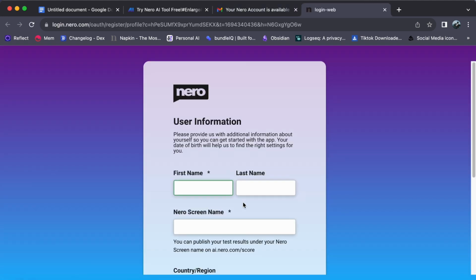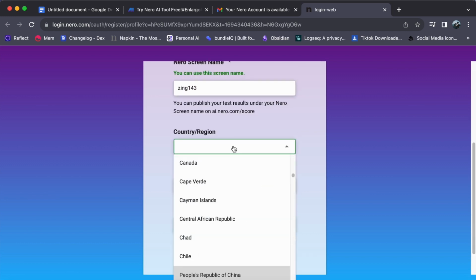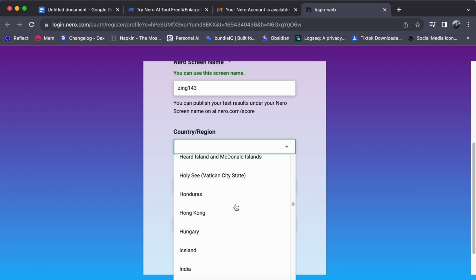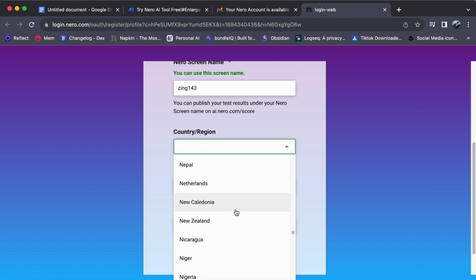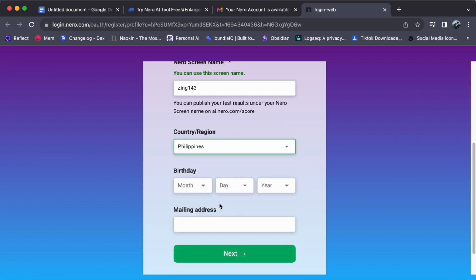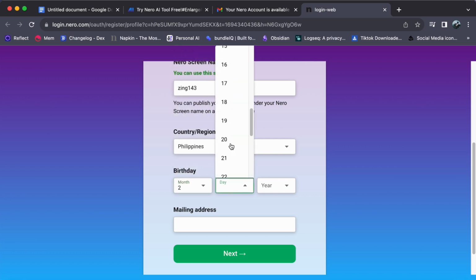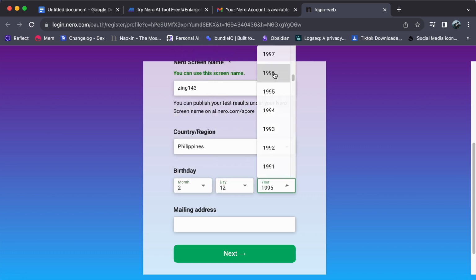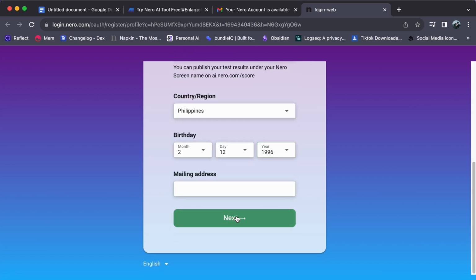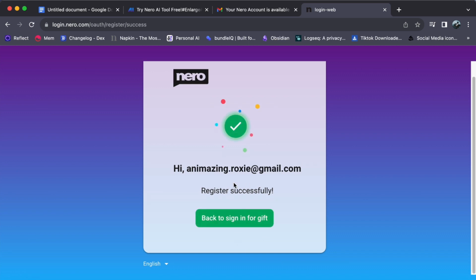Once you have successfully completed the email verification process, you'll be directed to a dedicated website where you may need to furnish additional details. This step is aimed at enhancing your profile and tailoring your user experience. Then, sign in using the account credentials you just established during the registration phase. Once you have logged in, you will